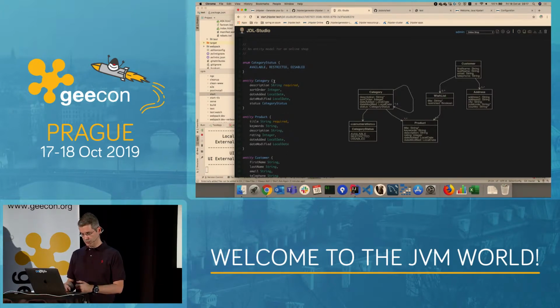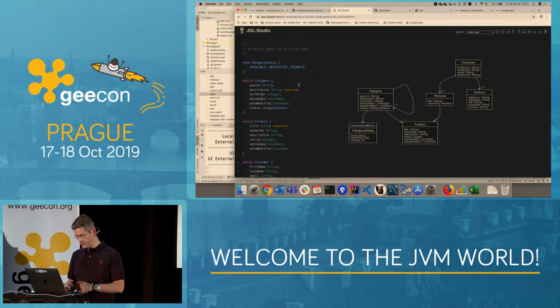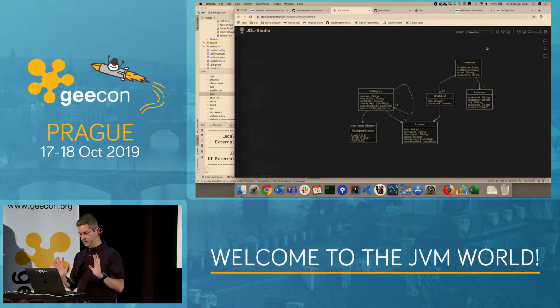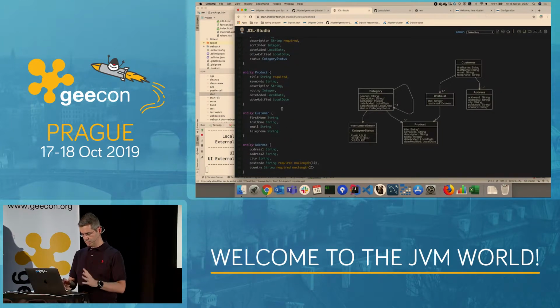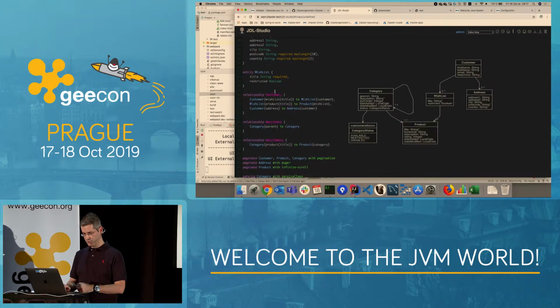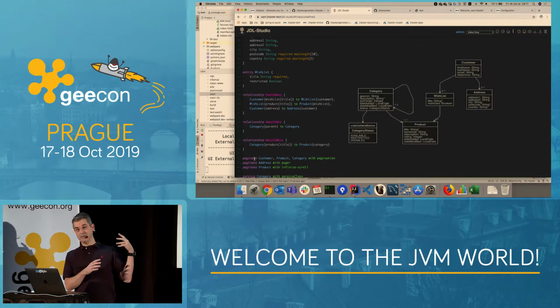Here we've got a category, and I can add, usually I put something relevant to where we are, so I put GeeCON. And as you can see, it adds GeeCON here in my category. Let me save this. So this is all graphical, and I can put the usual parameters in all my entities. I can also link them, do relationships. And I've got tons of other options, like pagination and that kind of thing on my entities.